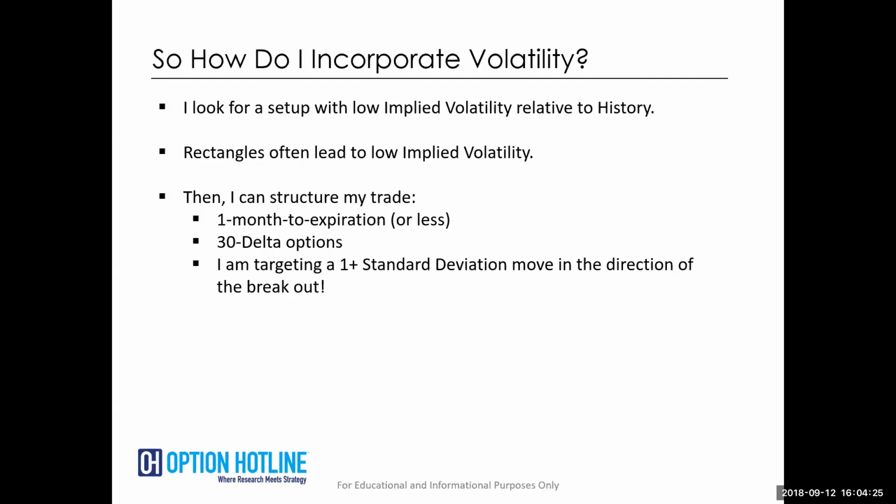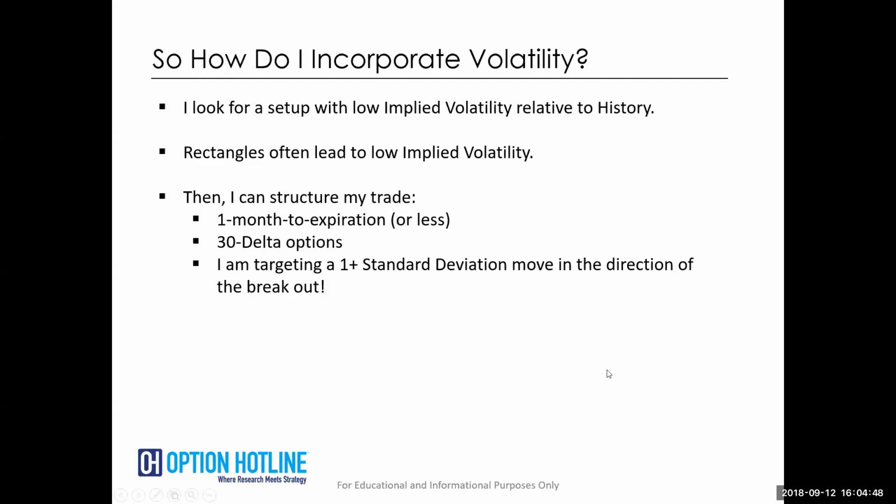So I look for something that's heavy on gamma. For those of you that know options, you may be familiar with gamma. That is the curvature of the P&L. So these are things that move quickly and become in the money quickly, and they increase their delta quickly. The gamma is defined as the change in delta for a change in the stock price. So I want something that's going to pick up delta quickly so that it starts picking up P&L quickly.